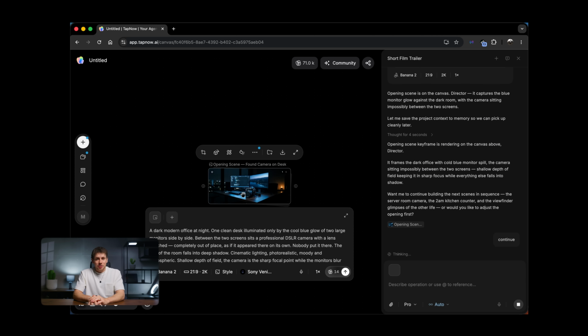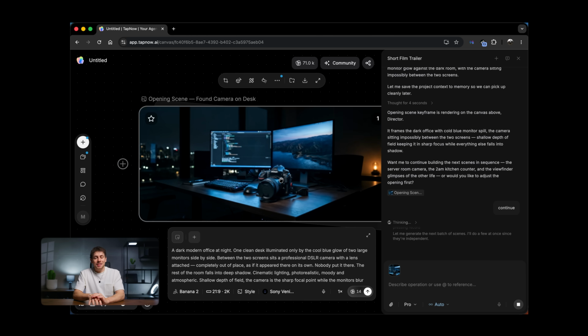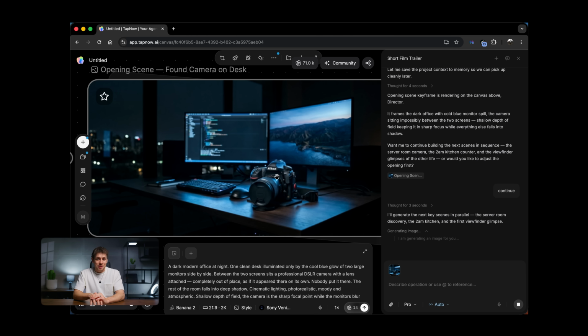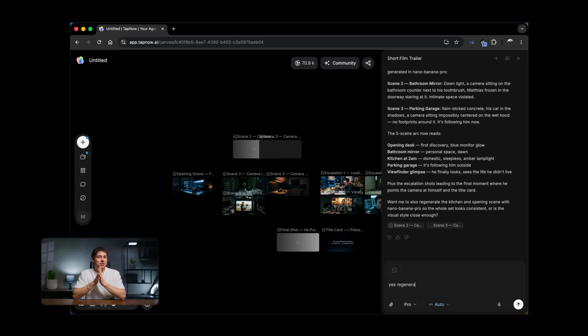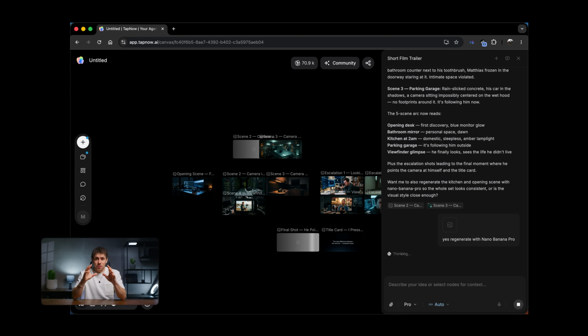And the first interesting approach was that the agent instantly generated reference images for the different scenes. Usually, you might start with a shot list, but I like that approach. It allowed me to get inspired visually, and the agent used Banana 2 for that, which is smart because it's lower cost and faster, but still good quality. However, I tried to teach the agent to use Banana Pro for the next images to allow for the best results.